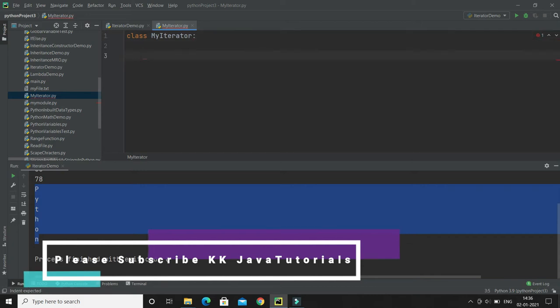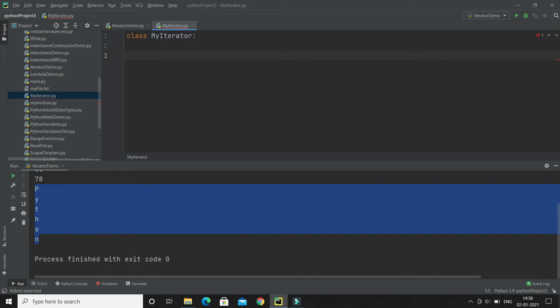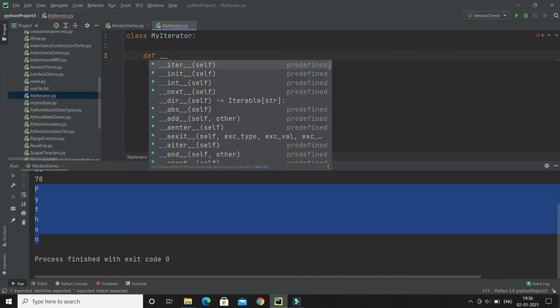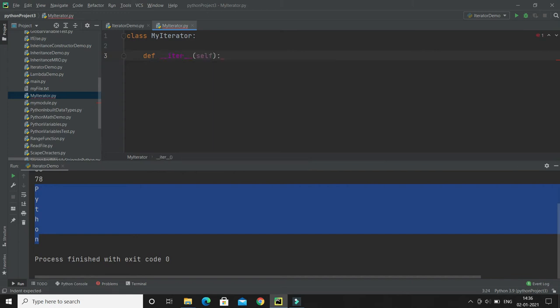Of course, as I discussed, first of all in this class we have to override a method called __iter__, which is just equivalent to the init method, and it will be used for initializing purposes. So it is just like a constructor. Whenever we call an object of this class, this method will be called automatically.